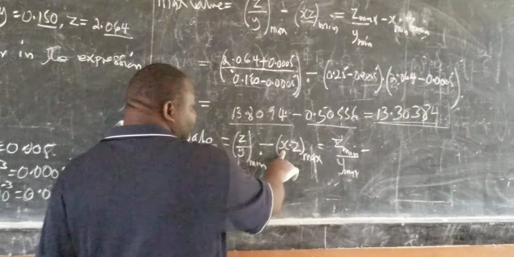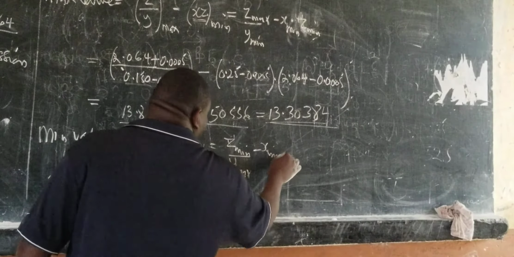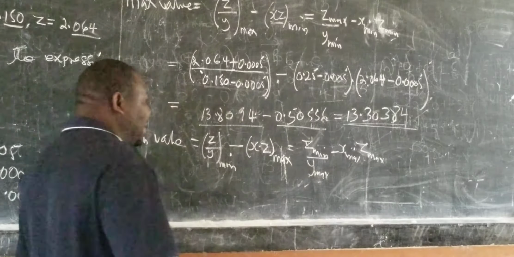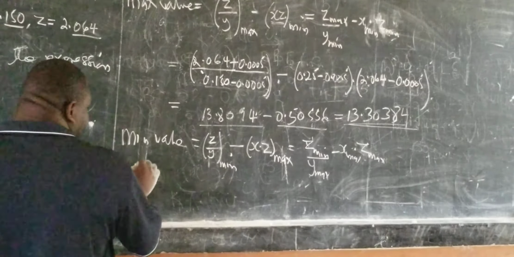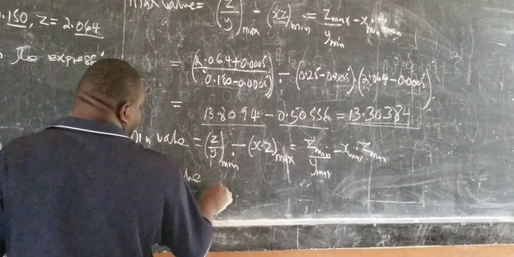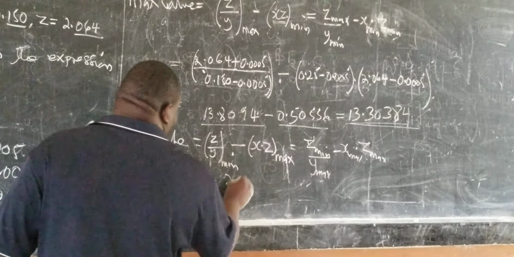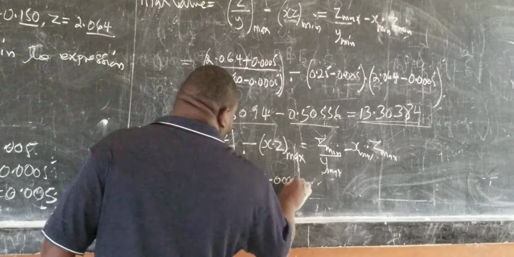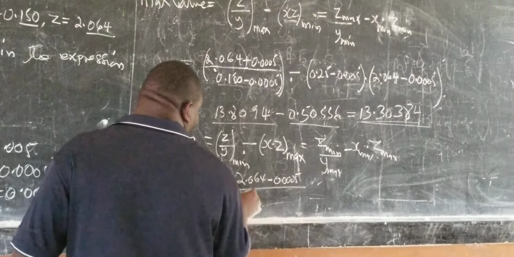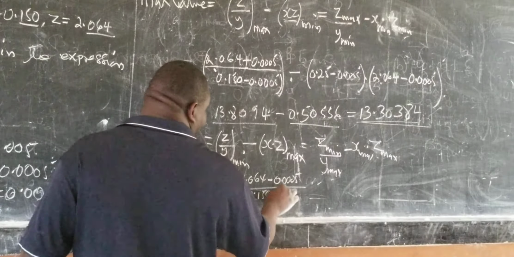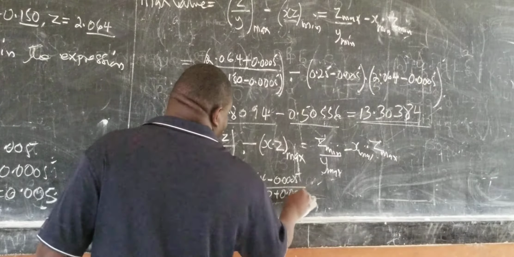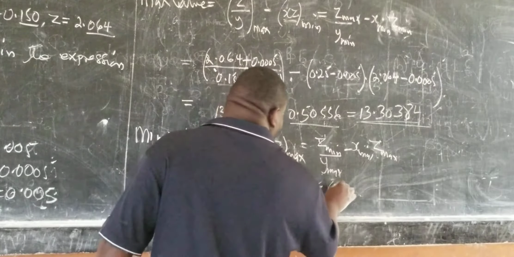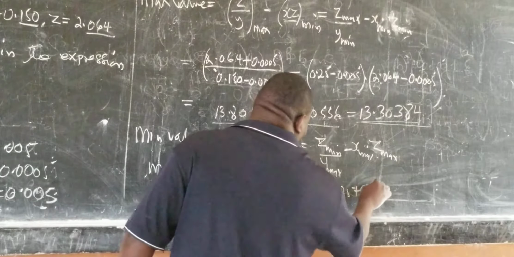Then minus the maximum value here, you make both x maximum times z maximum. What we're taking now should be very big, such that you come up with a minimum value. So the minimum value here will be 2.064 minus the minimizing z 0.0005 over maximizing y will be 0.150 plus the error 0.0005. Then minus x make it big 0.25 plus error 0.005